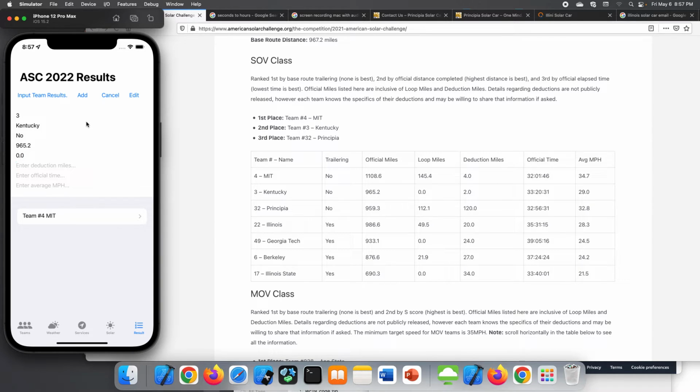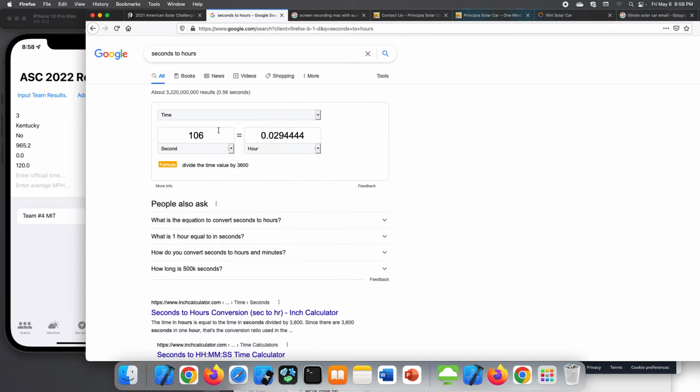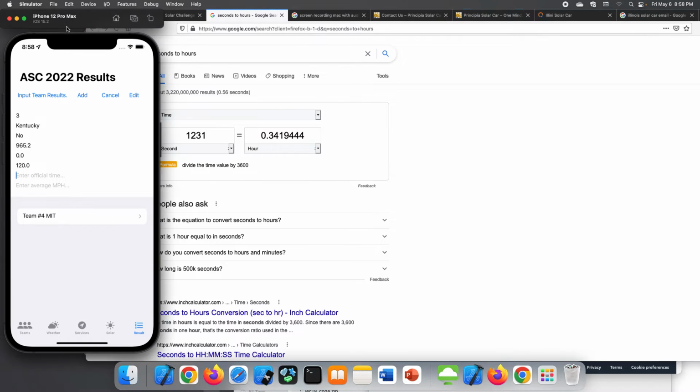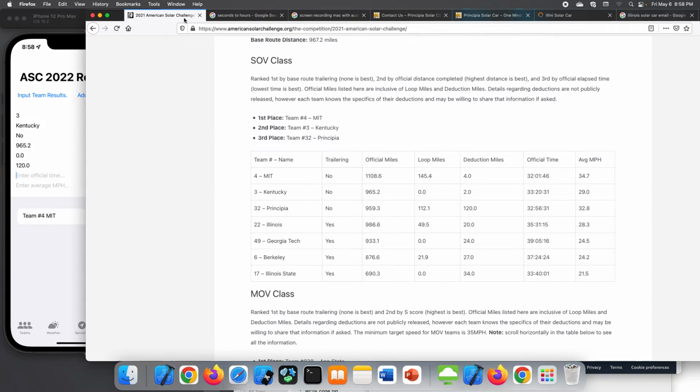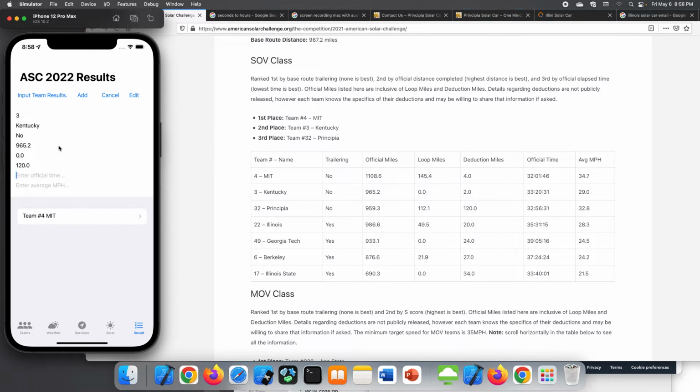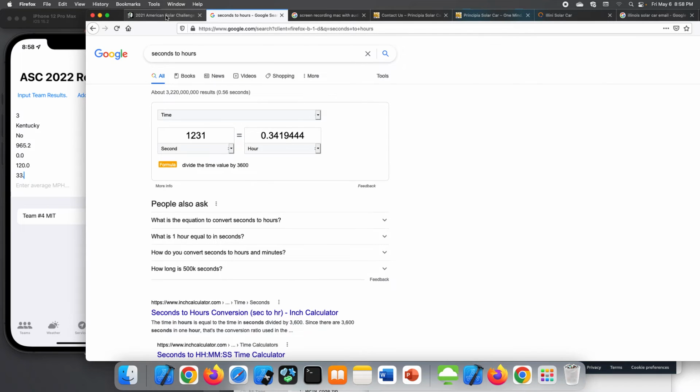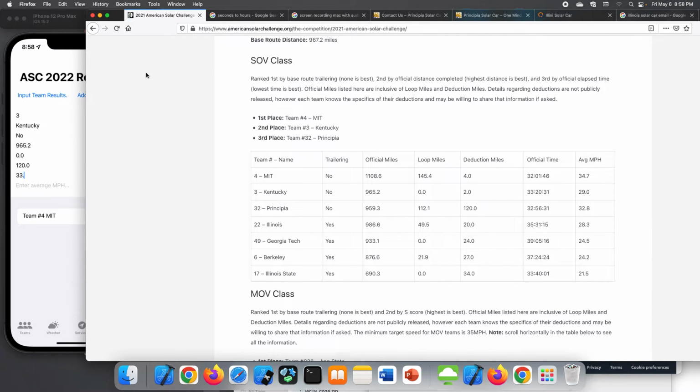Deduction miles, official time. So we are converting the seconds to hours, that's what we're doing here. Converting it to 33 point